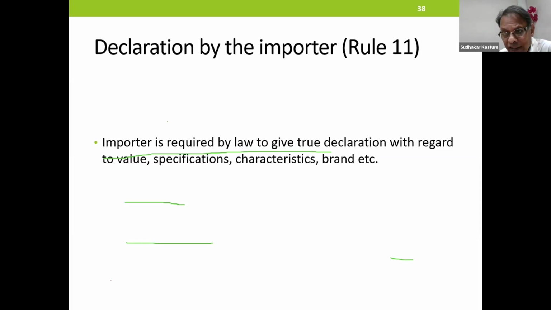But Lamborghini is never valued at 6 lakh, 10 lakhs, 20 lakhs, 30 lakhs. Very easy for them to find out if these details are not available. And it is the legal responsibility of the importer to give true declaration with regard to value, specification, characteristic, brand, etc. Where is this covered? This is covered under Rule 11.